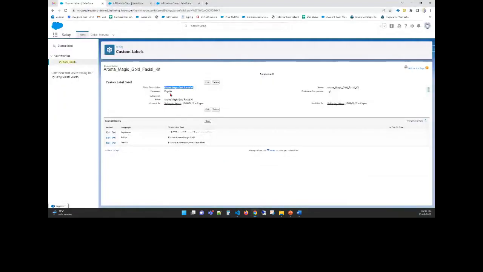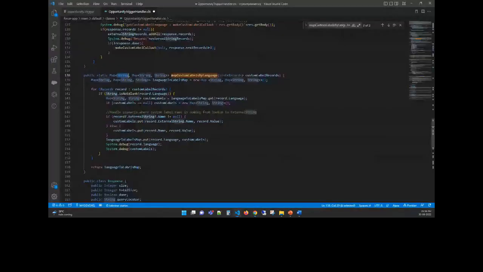If the Aroma Magic Gold Facial Kit is stored in the first map of string, the second one is the respective customer language. If Italian, it stores Italian, and the next Italian conversion value is stored in the next string. After the map values are stored,